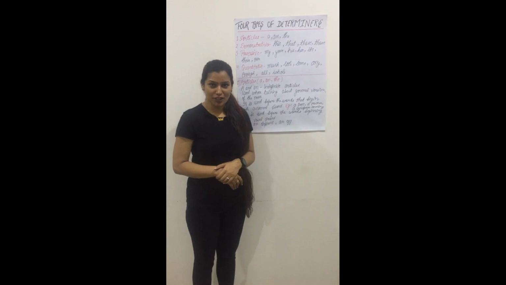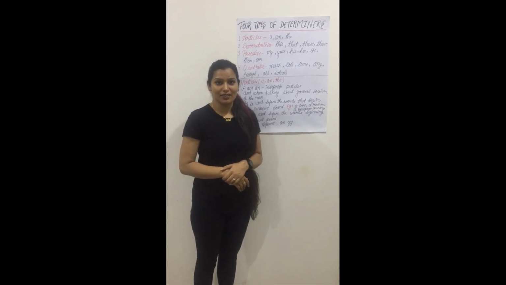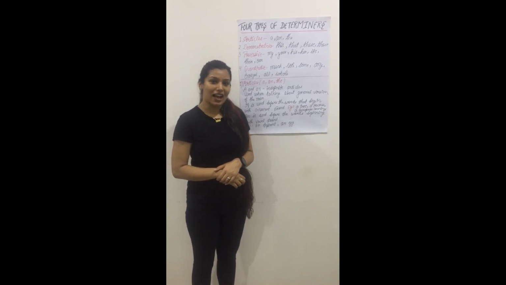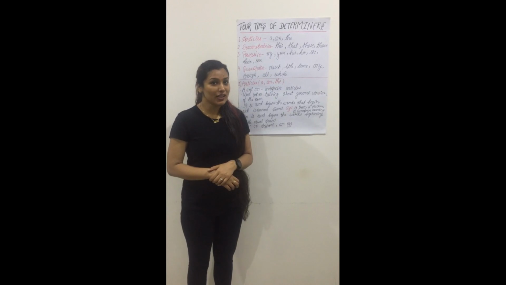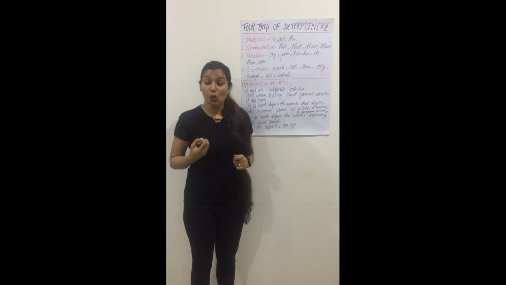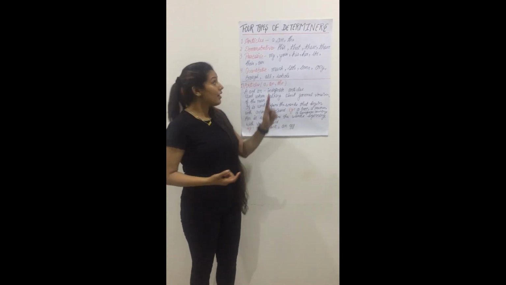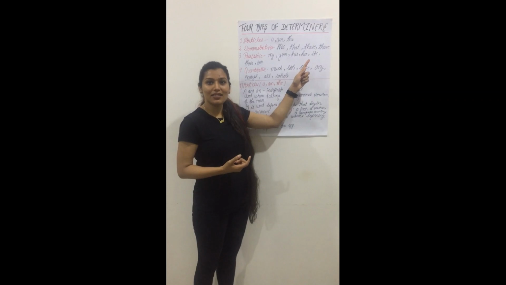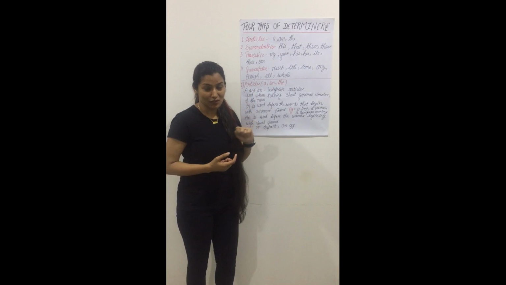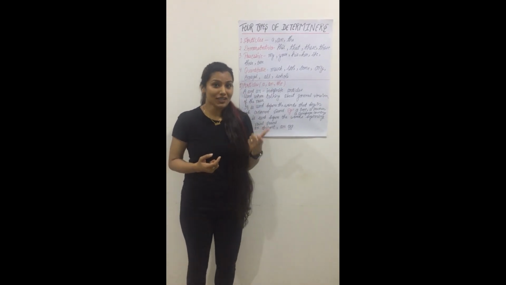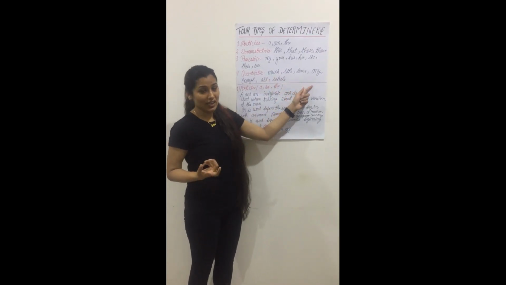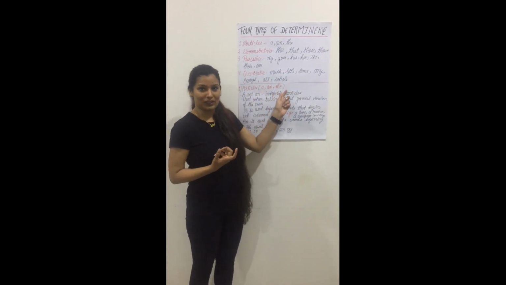So let's start with the types of determiners to give more clarity to this topic. There are four types of determiners. First one is articles: a, an and the. Second one is demonstratives: this, that, these and those. Third one is possessive. Possessive comes from the word possession, which means when you own something, and the determiners are my, your, his, her, its, their and our. And the last one is quantitative. Quantitative comes from the word quantity, and the determiners are much, little, some, any, enough, all and whole.